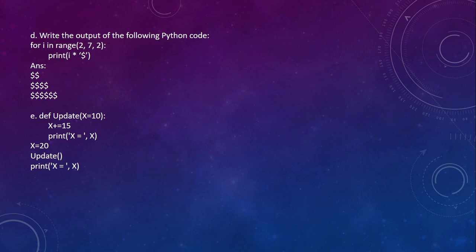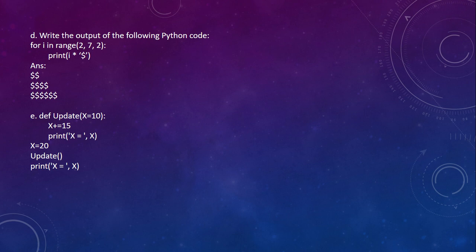Next question. What is the output of this code? Now here the concept of global variable and local variable comes into force. Inside the function update there is a variable x, whereas there is a variable x outside the function also.